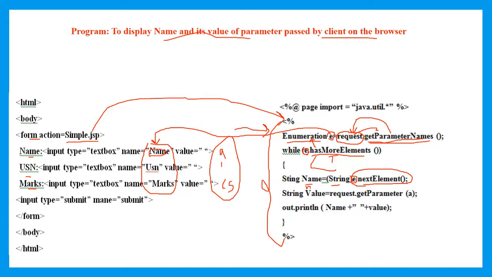Now I want to read the value available in the name field, that is A. To read that value, we will make use of the getParameter method, which is going to read the value which has been passed. Here I have passed the argument as name. This is a name having the value called name. Now the getParameter method takes the value available in the field name, that is A, and the value will be assigned to the variable called a.